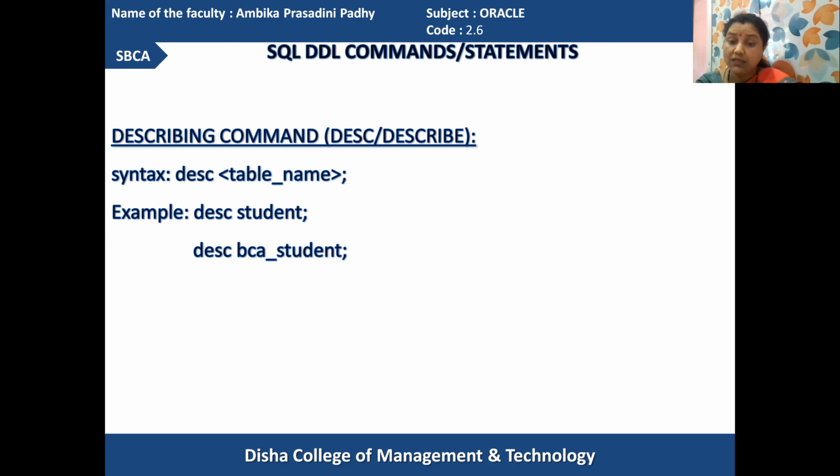Got it? These commands are helpful for creating a database table and performing different actions inside the database tables. Now let us learn how these commands work.